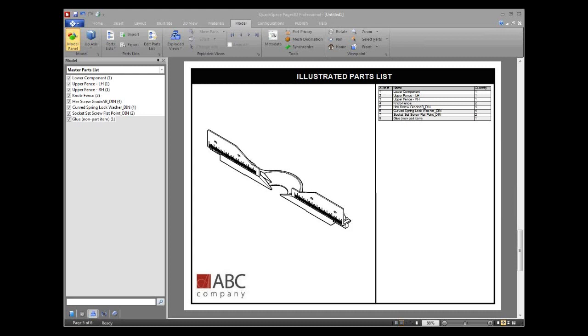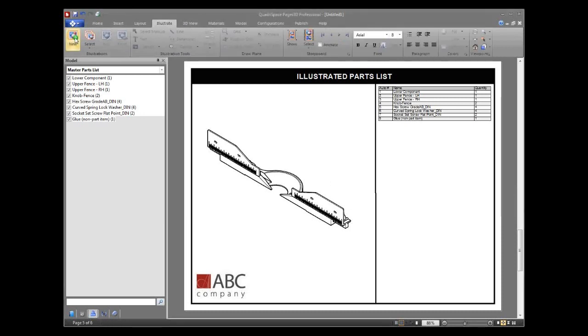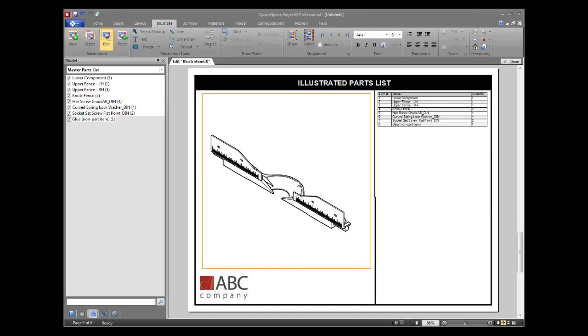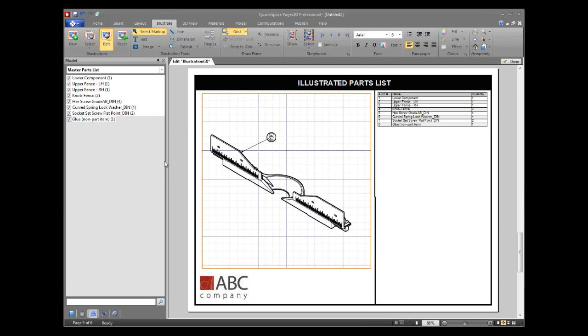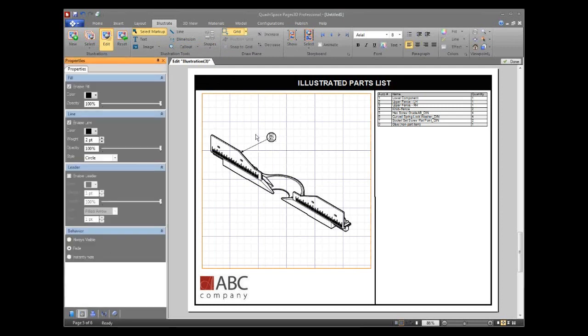Yes, the markup tools. If I jump back in here real quick, I'll make a new illustration and show a little bit. So if we add a call-out and pull that off, if we go over to properties here, there's different options. Enable the line. You can do a circle or square, rectangle. This is what is bordering around it. A shadow. You can do different line weights. And on the leader,